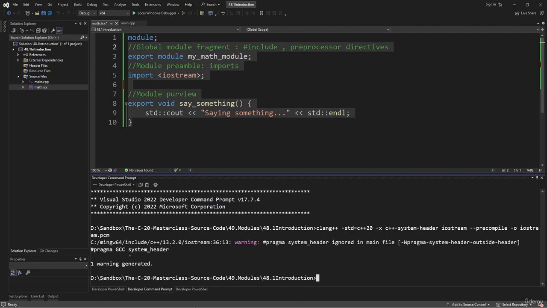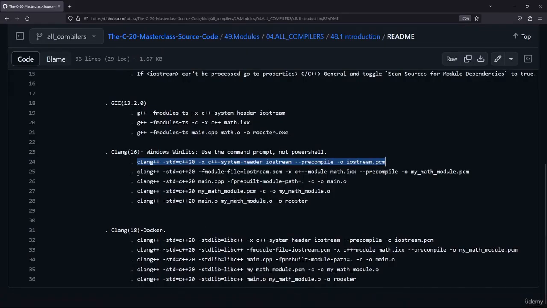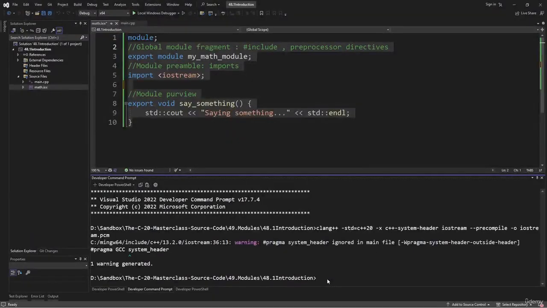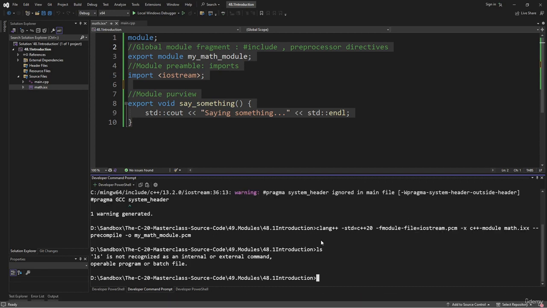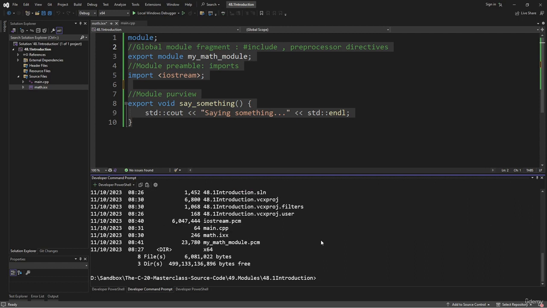It is going to generate our BMI. Let's go back and grab the second command. We put that in here and it is going to compile. You see that we have no error. This means that our PCM was generated. And if you go in here and do dir, because we are on the command prompt, you will have our